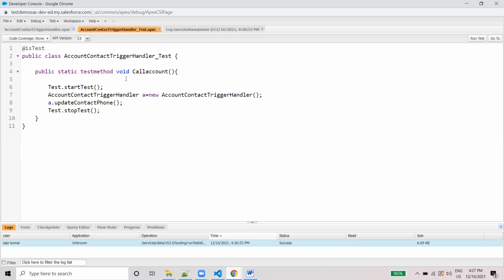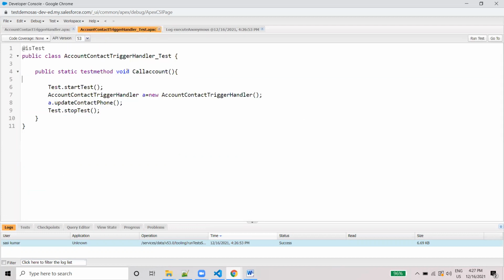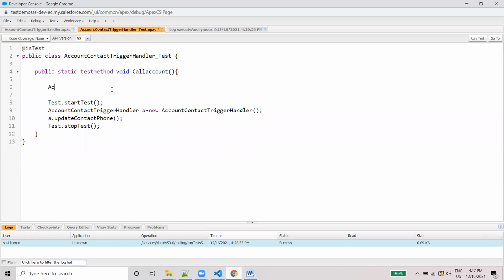While running the test class, it won't get our original data. So we need to create the objects ourselves before running the test method. I'm going to create Account a equal to new Account, with name equal to something, I'm putting a test name, and a phone number, something I'm using.